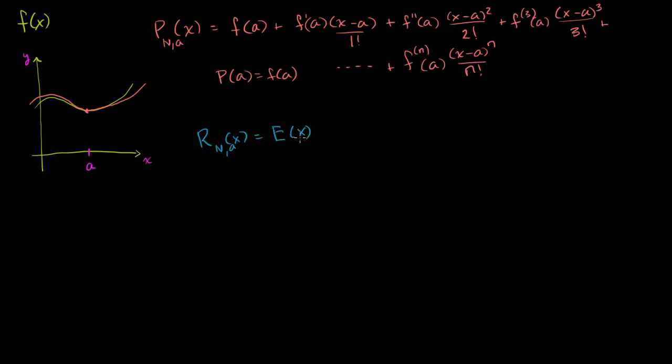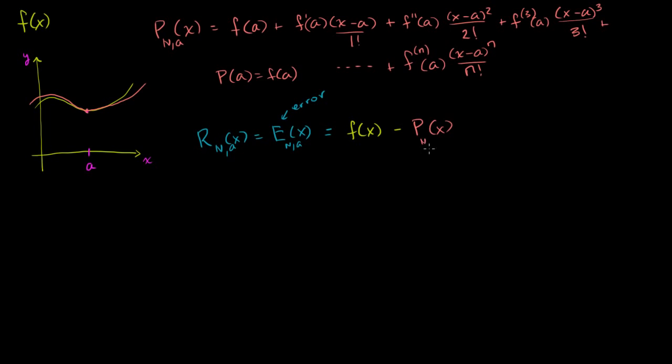The error function is sometimes avoided because it looks like expected value from probability, but you'll see this often. This is E for error, R for remainder, and sometimes they'll also have the subscripts over there like that. And what we'll do is we'll just define this function to be the difference between f of x and our approximation of f of x for any given x. So it's really just going to be, they're the same colors, f of x minus p of x,